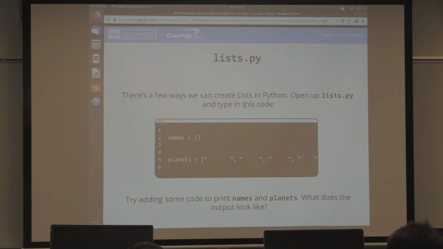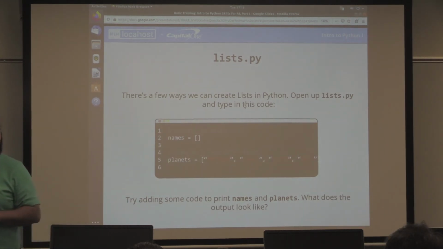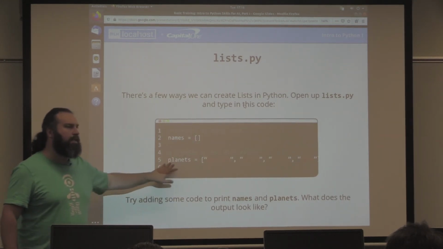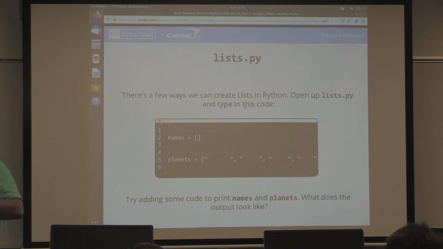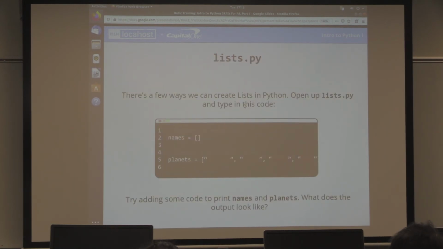And then we can put a list of values. And so this one's got all the planets in there. So if we go and print names and then print planets, what is the output going to look like? Actually, let's go ahead and